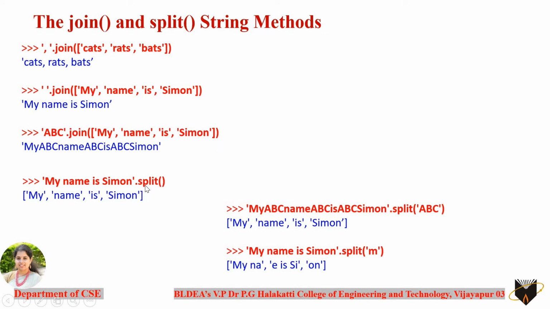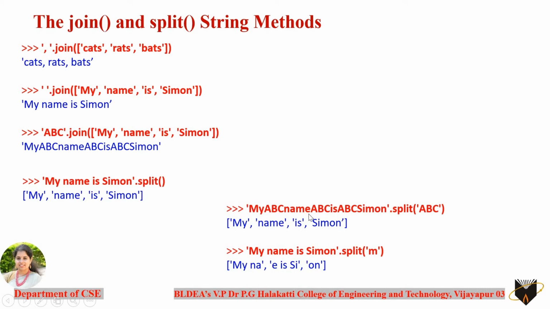So in the same way as I told you, split is going to split the contents of this string with whatever delimiter you pass to the split method. In this case, the split method doesn't have any parameter, so the space is considered as the default delimiter. You can see "my" is considered as the first element. Again, wherever you come across a space, that will be considered as the delimiter for splitting the string.